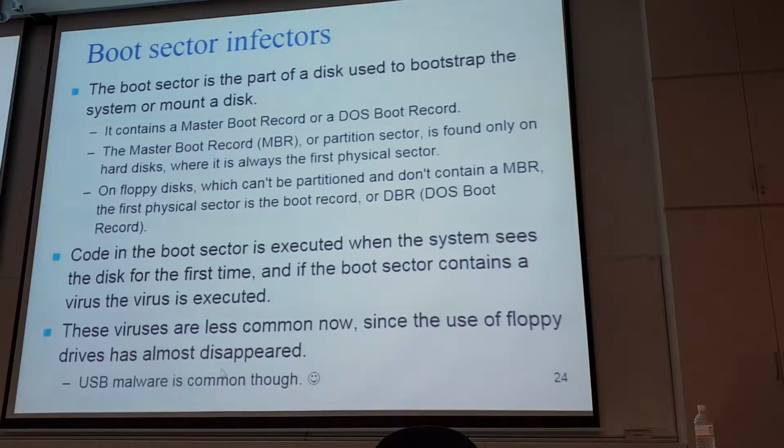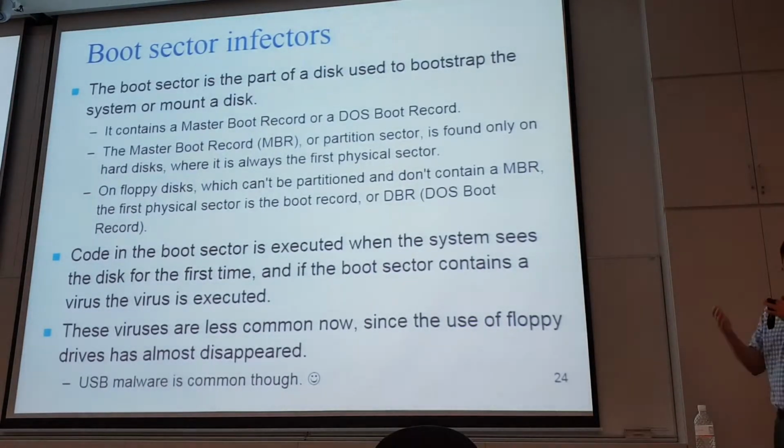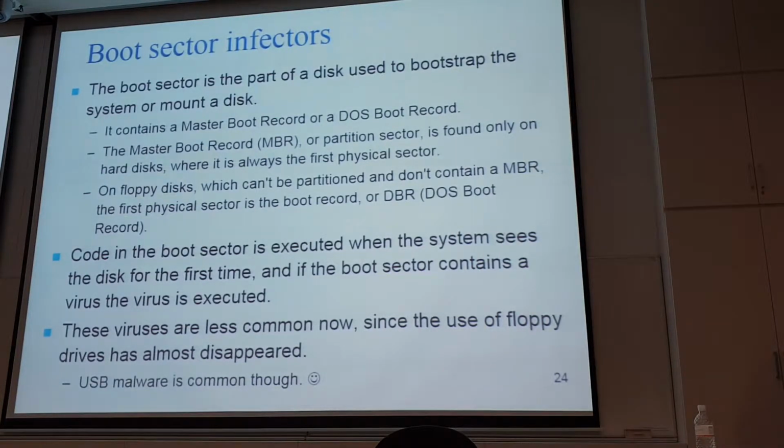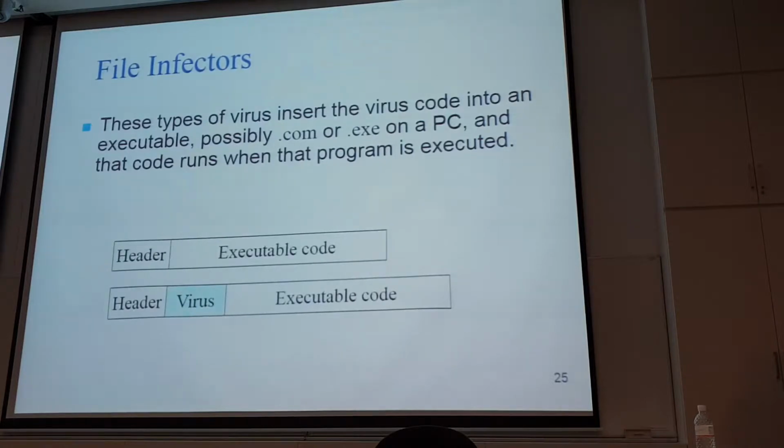Nowadays, the floppy disk is no longer popular because the floppy disk is quite big, but the storage is quite small, only 1.4 or 1.5 megabytes for one floppy disk. But nowadays, USB becomes the target. If you insert your USB disk drive into a machine, and if the machine is infected, the USB can also be infected. So file infector is one of the common